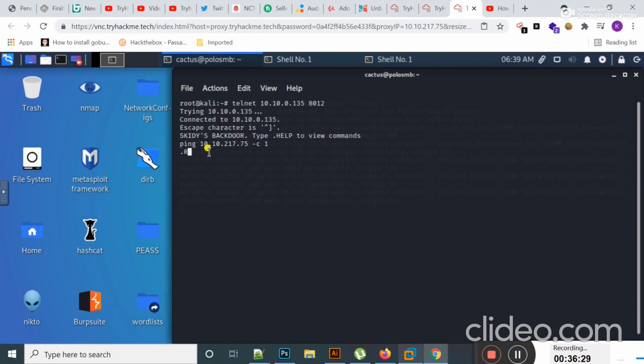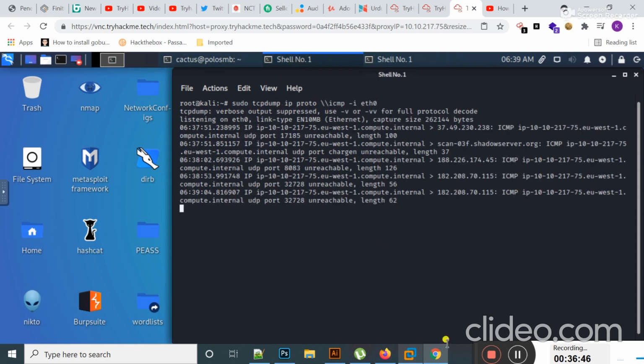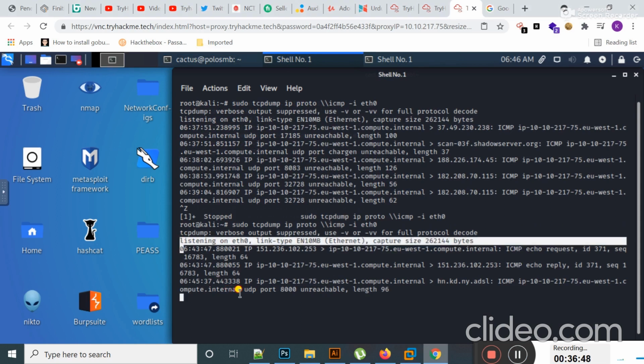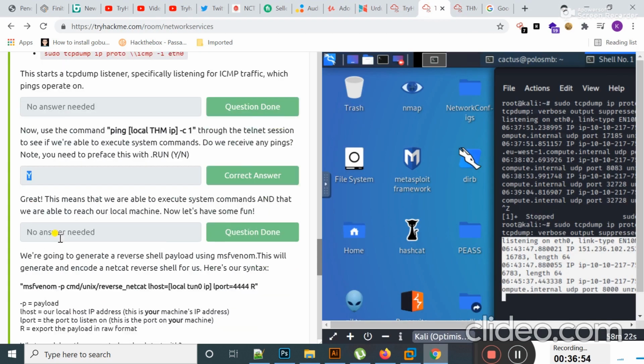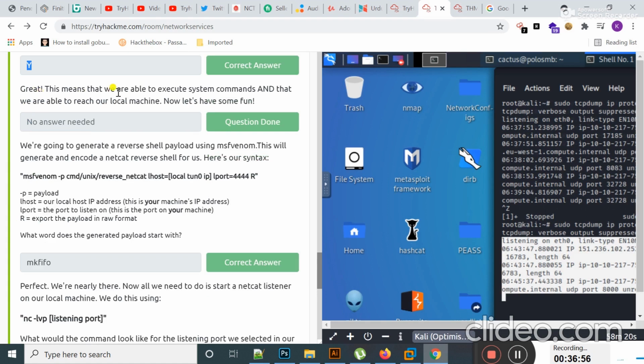Okay, let's do it practically. Students, if I type here telnet and then the IP address, 10.10.0.135, and then I specify the port number, that is 8012, and hit enter.